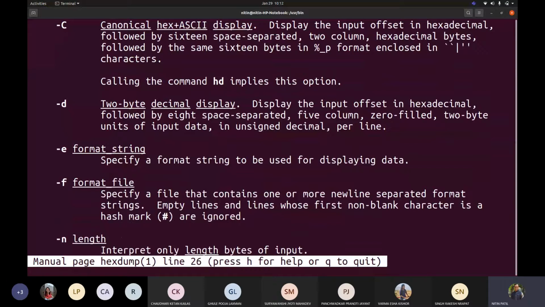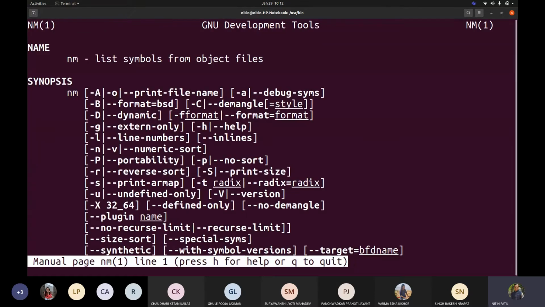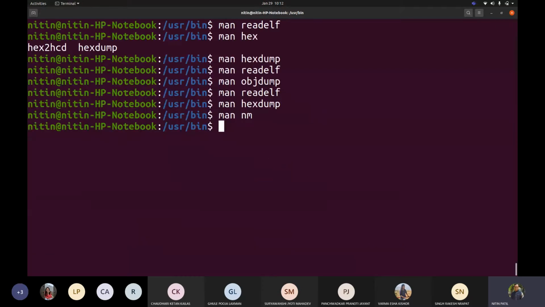Now these utilities, hexdump, readelf and objdump, are doing their own things, and we also saw the nm command, which fetches symbols from the object file. Let us go to a.out.